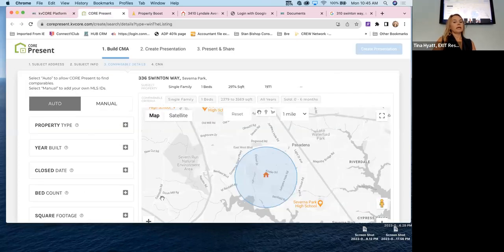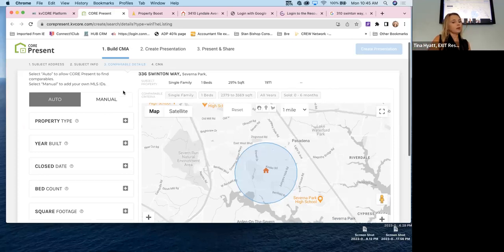So Core Present, when I click on Core Present, this is your listing presentation and CMA builder tool. If you want to use it, you don't have to, but you can. It actually builds an entire CMA and presentation for you to use for your listing presentations. So when I go in here,